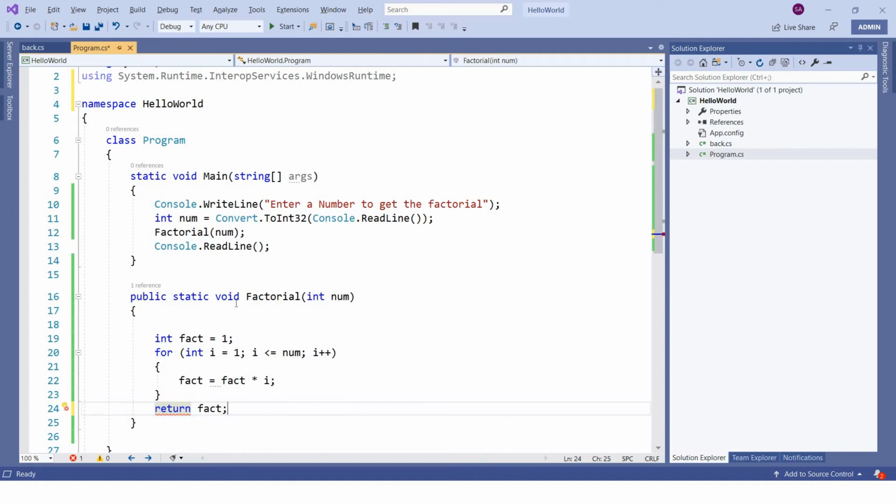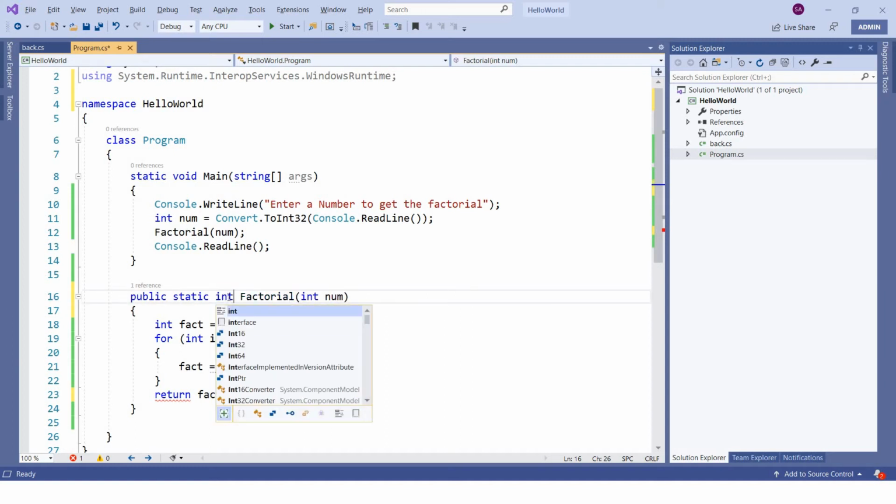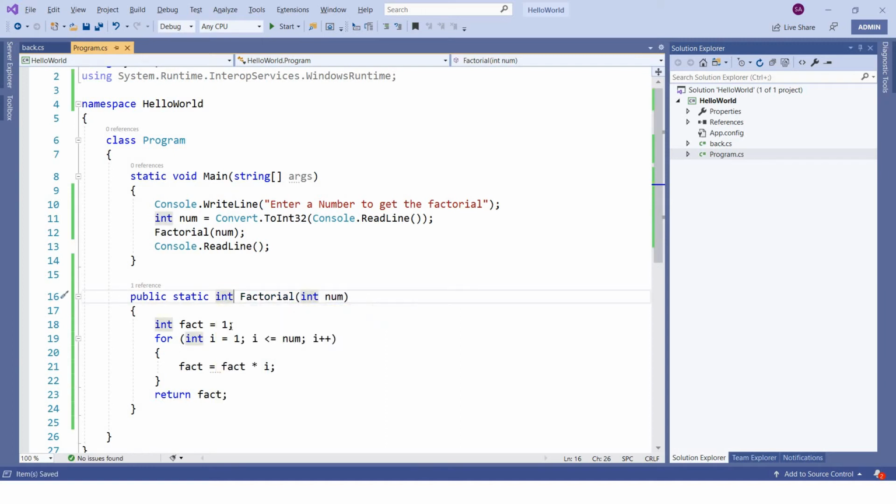You can see here the return type is void. That means if you have given the function signature's return type as void, you should not try to return any value from your function. So how can we achieve that? Now we'll change the signature of this function. We'll say, no, my function is not returning void, I want to return an integer number. So now you can see this fact we have is nothing but an integer.